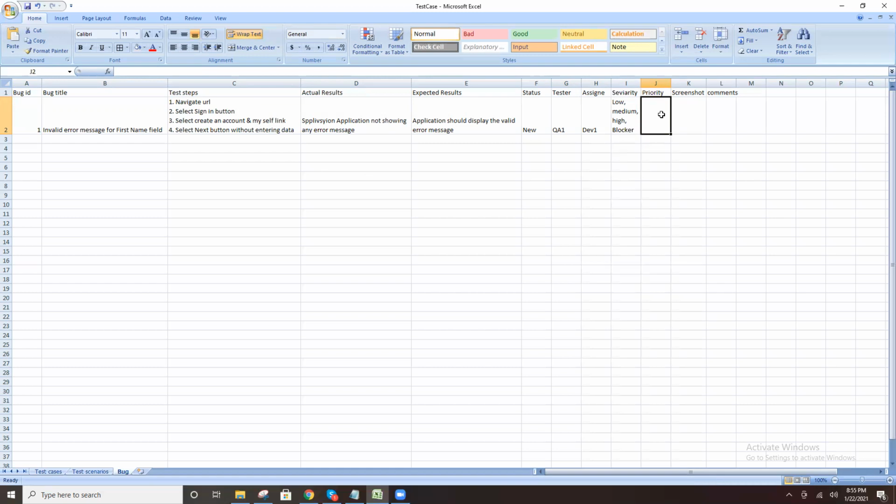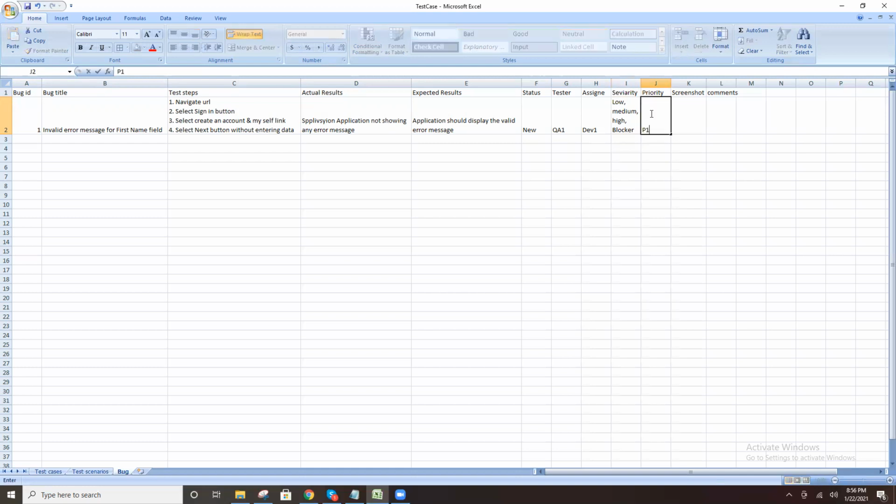Severity is your responsibility; by default it is medium, otherwise you put high or low.